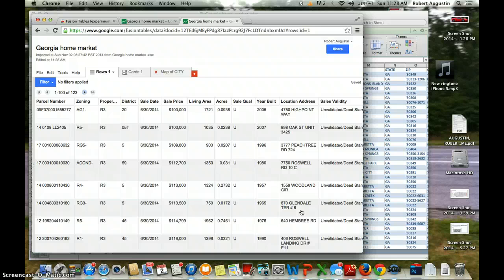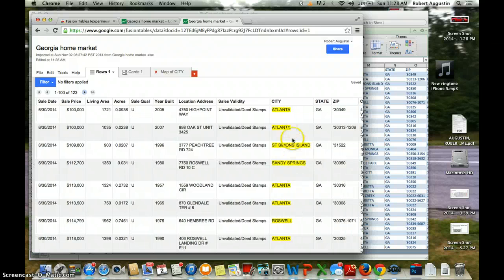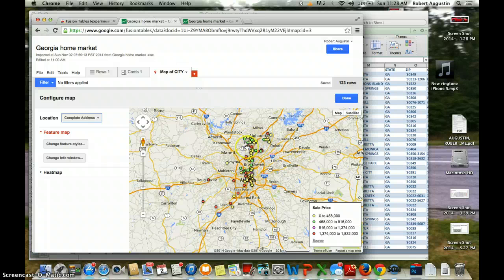So now that it's done importing, it shows you the sheet in Google Spreadsheet, and what's highlighted here is actually what will be used to find the location of each column when you're going to put it over a map. So to show you what Google does, it takes each of the homes that I have listed and it puts them over a map and over the